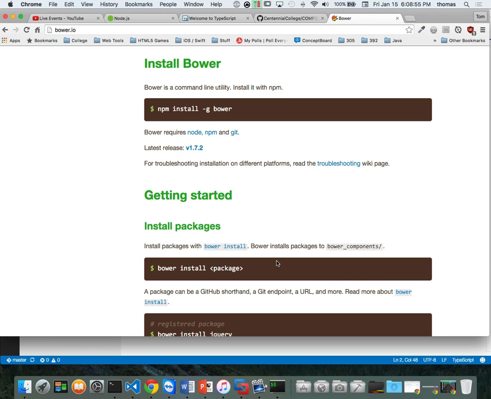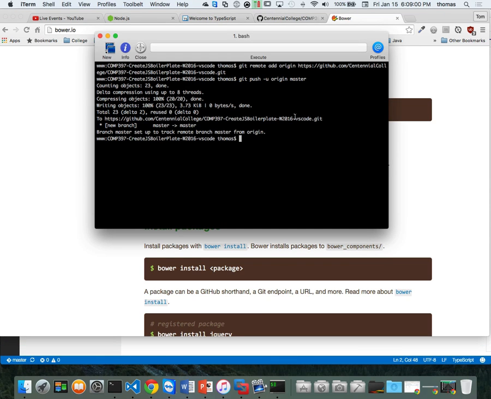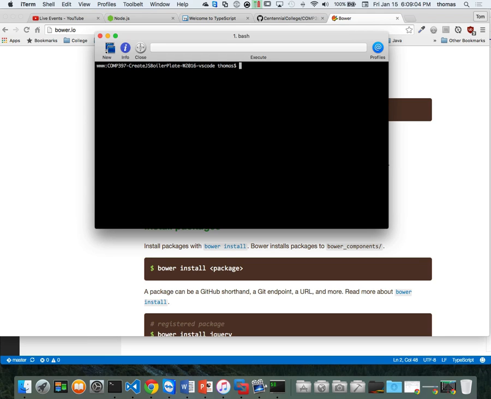All right, so here's npm install -g bower. Let's do that. And when I do that, I have Bower installed now. I've already done that. So what we need to do with Bower is initialize my Bower repository. But before I do bower init, I want to go into VS Code again,